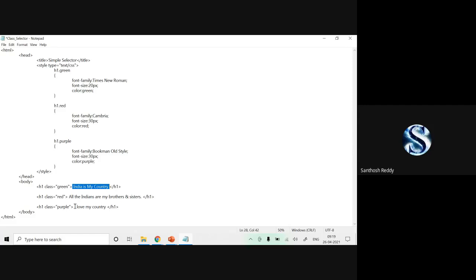Okay, fine. See, for example, you have purple here, and I want to apply red properties. What should I do? Whether h1 red comma, should I write something?